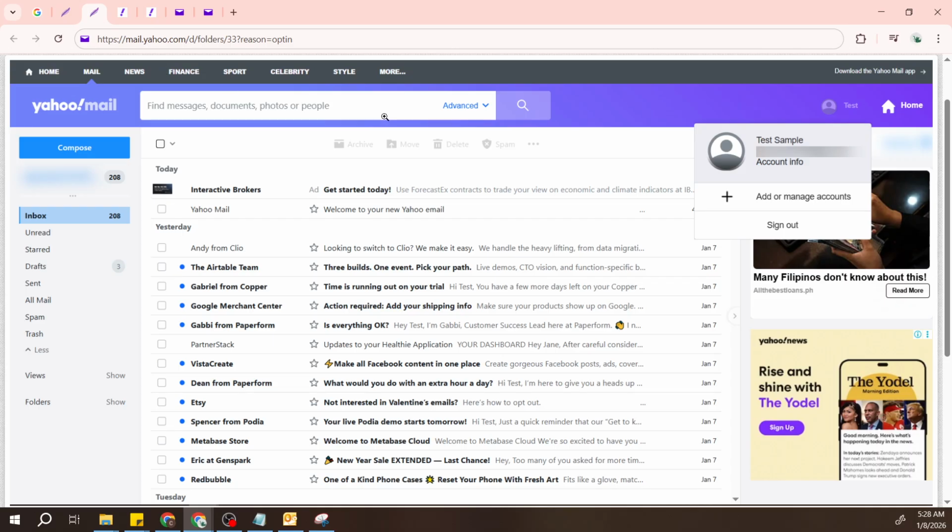Once you're in your inbox, confirm you're in the new Yahoo Mail view. You'll know you are if you see your profile name or avatar in the top right corner and a clean, modern layout. Click your name or avatar to open your account menu, then select Account Info. This will open your account settings in a new tab or panel, so don't worry if the inbox view disappears